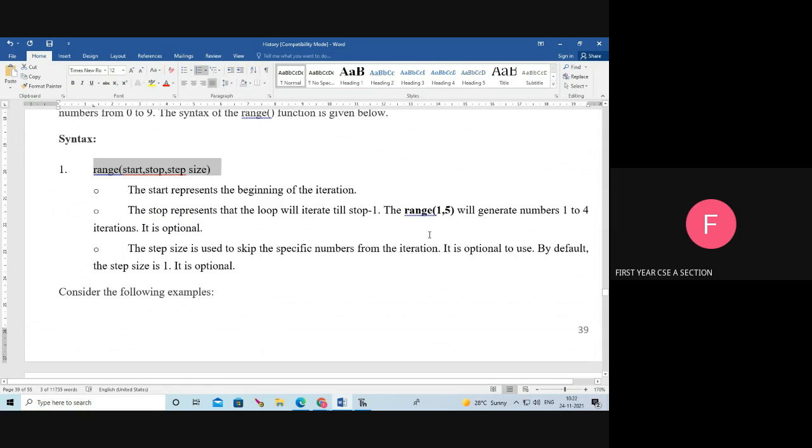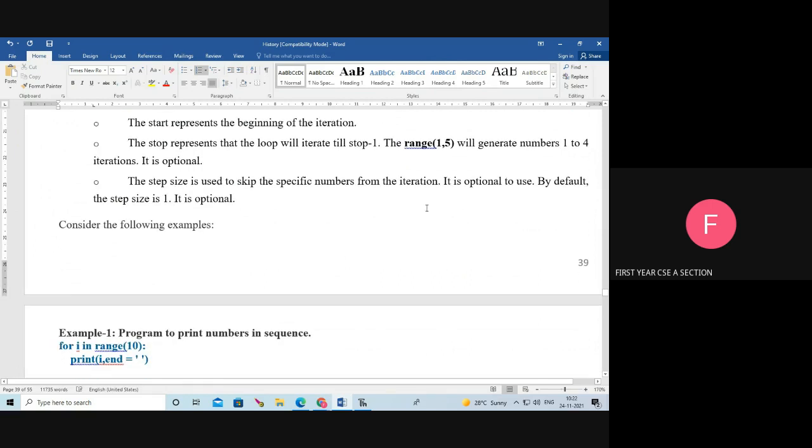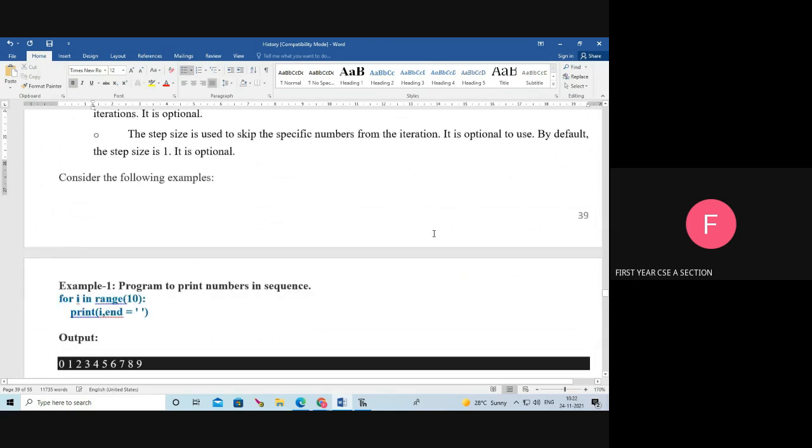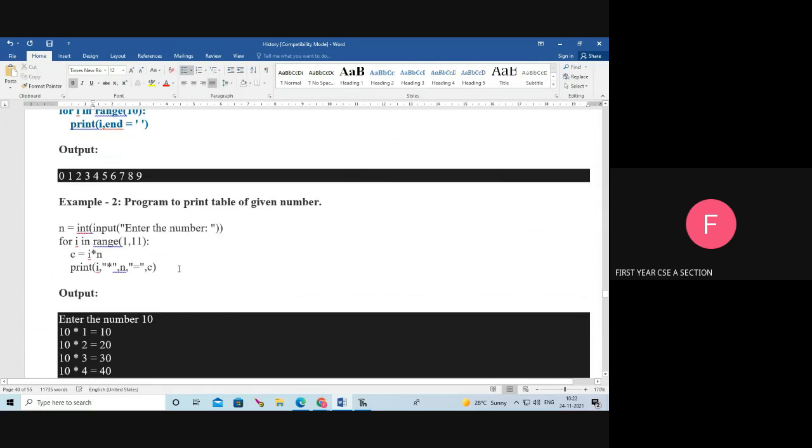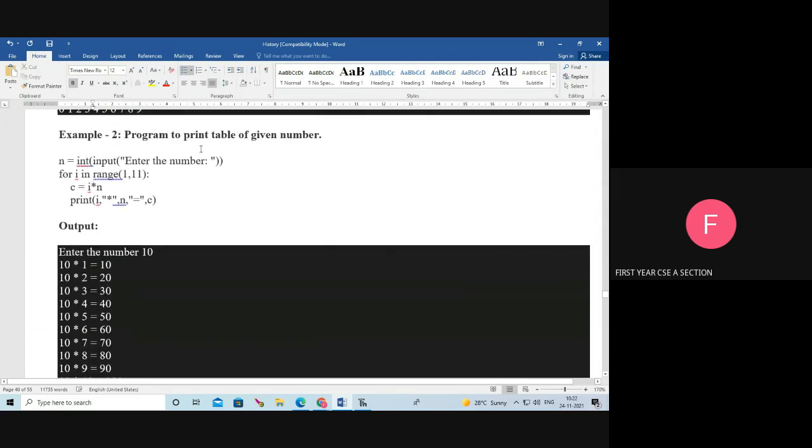Here the first value is the start value, next the end value, next the step size. For example, range of 1 comma 5 means the range will be 1 to 4, the last value minus 1. So we will see how to print the table of the given number.